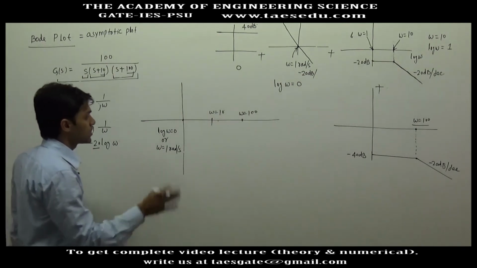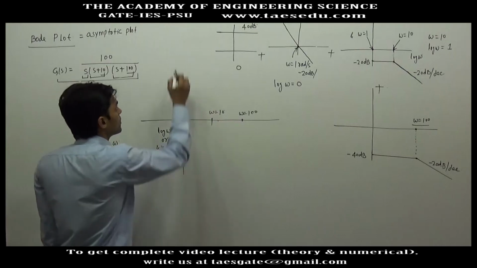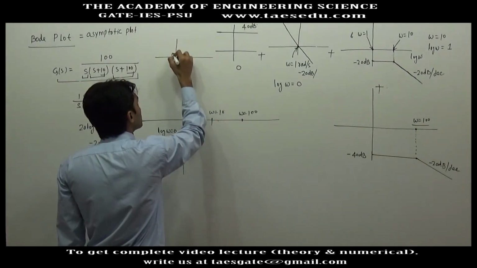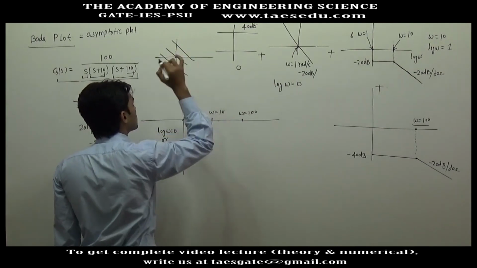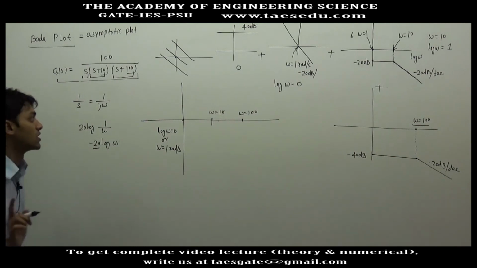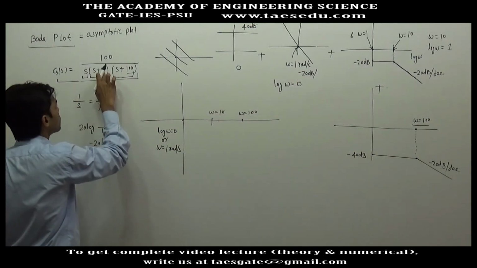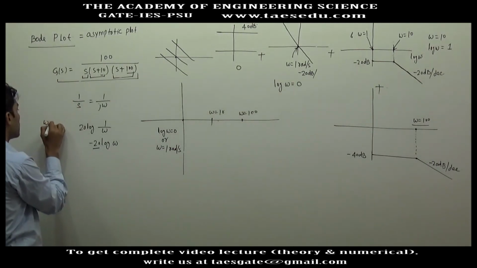So initially you will start the graph with a slope of minus 20 dB, but to start the graph with minus 20 dB, you can have a graph like this, like this, or like this. So you need to get at least one point. So initially get that point. When you put omega equal to 1 radian per second,